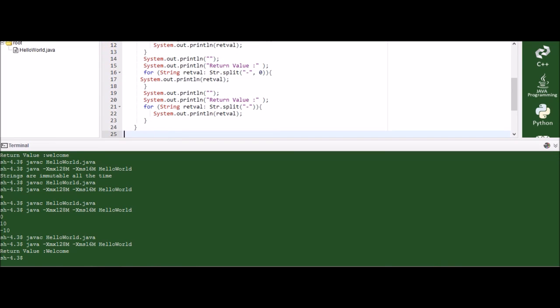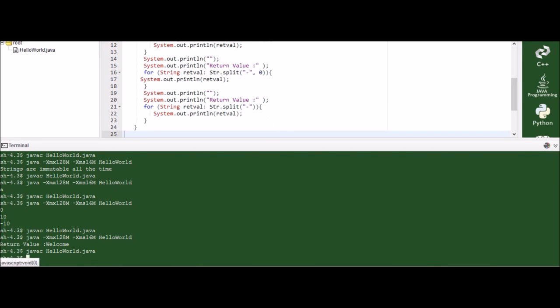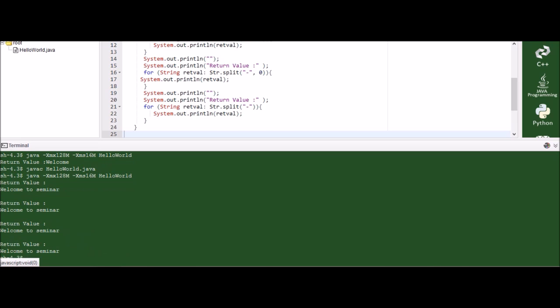Let us compile this program. The value is returned.